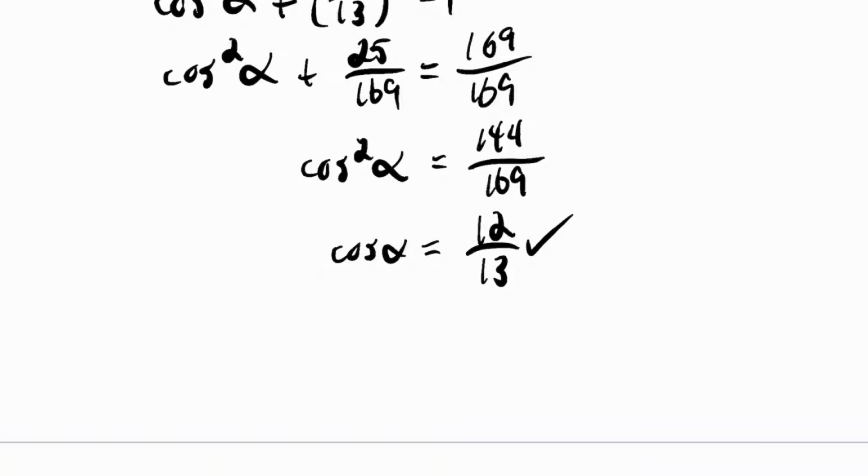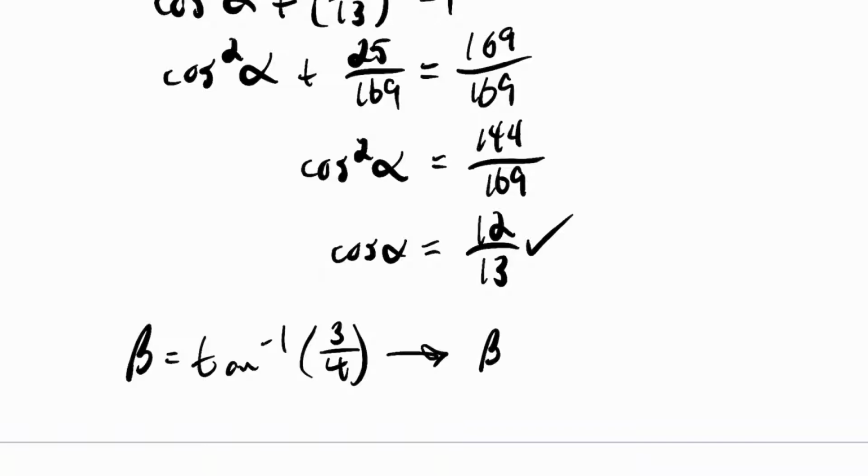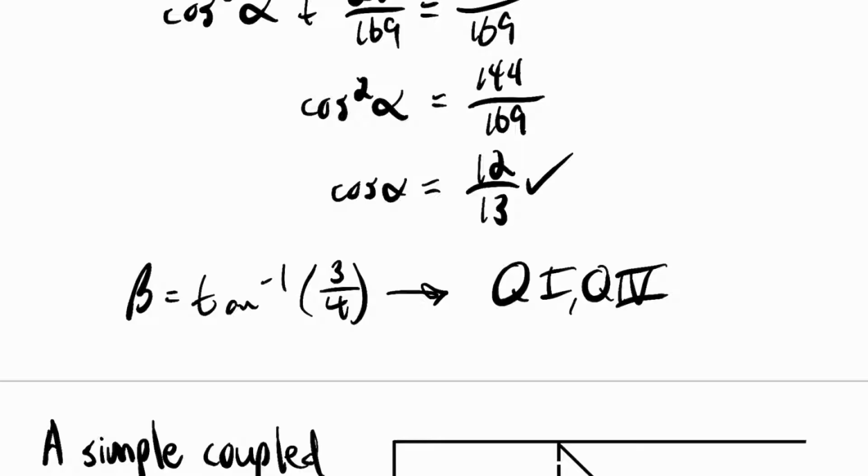Okay, so we know that beta is defined to be tangent inverse of 3/4. Now, tangent inverse has the same range as sine inverse, so I'll just say beta is in quadrant 1 or 4, and that corresponds to